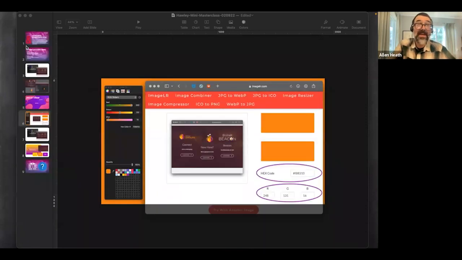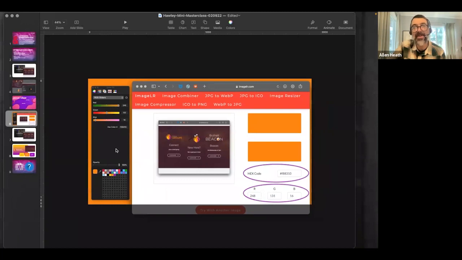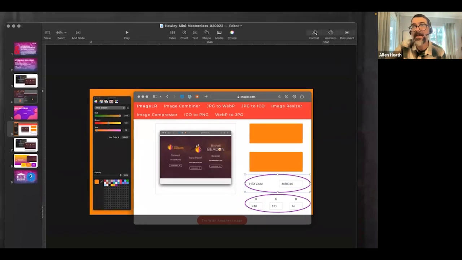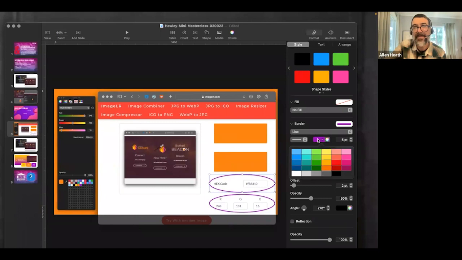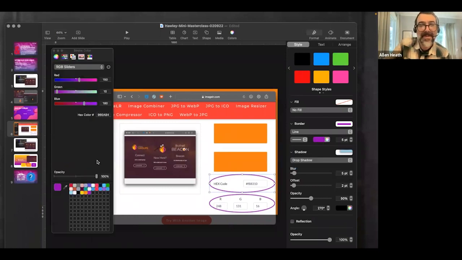So it's now not just yellowish or orange-ish, it is exactly that orange that's sampled there when you go through this process. I've put a little screenshot here of how I did it. I can also demonstrate, since this app I'm in uses the same color picker across multiple apps on a Mac. So this little bit of my slide, if I go to format, let's see here. There we go. Now you can see that's purple. This purple, if I go to the color picker, you can see is this purple. And if you check across the different purples, it's all going to match up. So if I went in and did that orange that's on the slide,